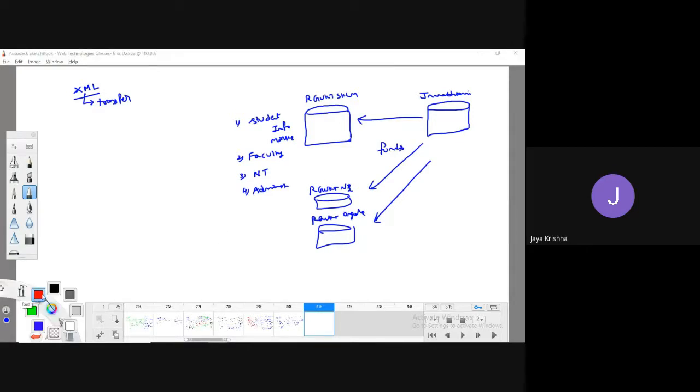But before releasing the funds, they are going to cross check whether a student has passed or not. If they want to know whether a student has passed or not, they have to cross check the previous semester marks, the previous year marks. So to get the previous semester marks,